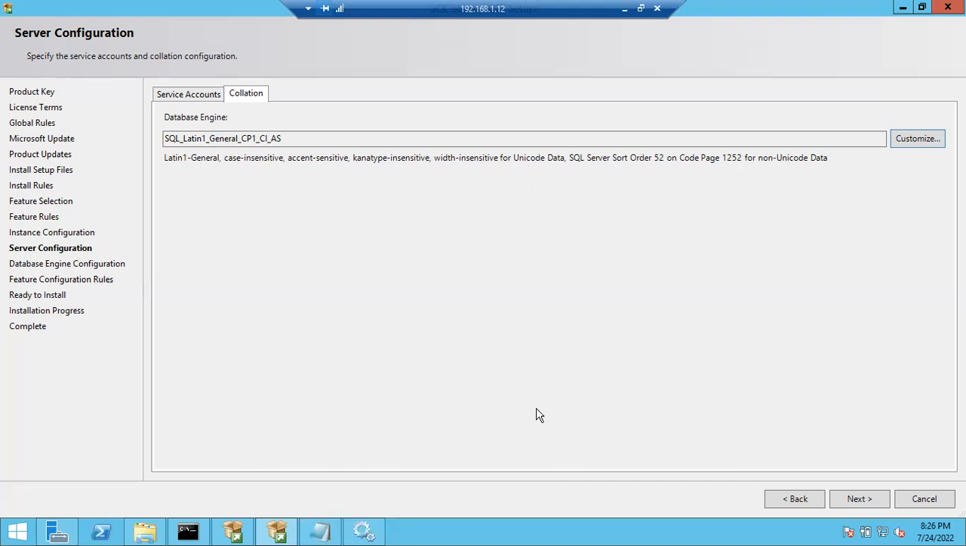So I cannot change the collation settings, right? After the installation, I cannot change it. So the answer is no, not possible, guys. I cannot change a default instance to a named instance or a named instance to a default instance. That is not possible. At the same time, collation settings also, we cannot change the collation settings after the installation